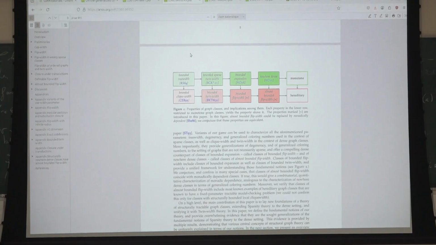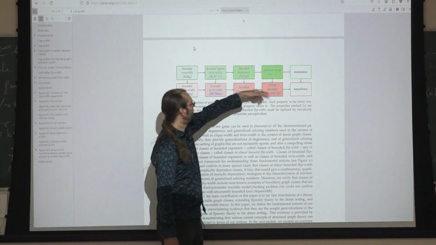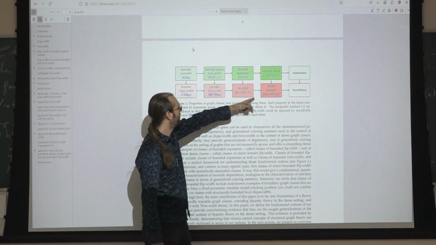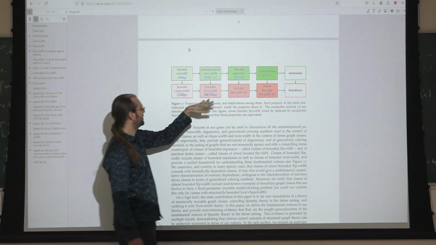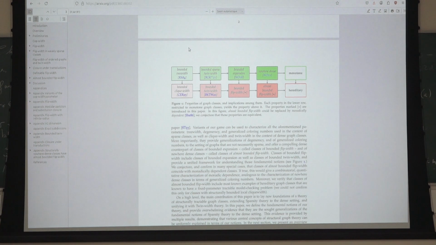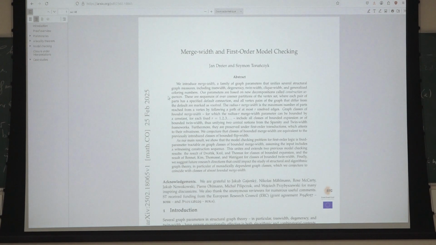You can see bounded tree width. These are the things he talked about. Bounded flip width is nice for monotone graph classes, and this is nice for hereditary graph classes, these dense ones. Okay, all right. And then last Tuesday,